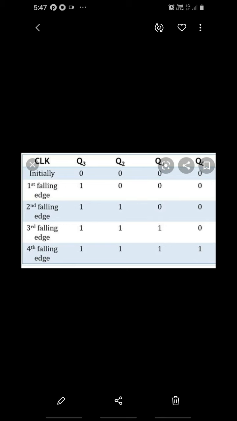Take one example and its summarization, shown in the above PPT, the data bit stored in each flip-flop for each clock pulse. It can be seen that to transfer all the data bits, 4 clock pulses are required. So take a tabular form: clock, Q0, Q1, Q2, Q3 and DIN is equal to D3.